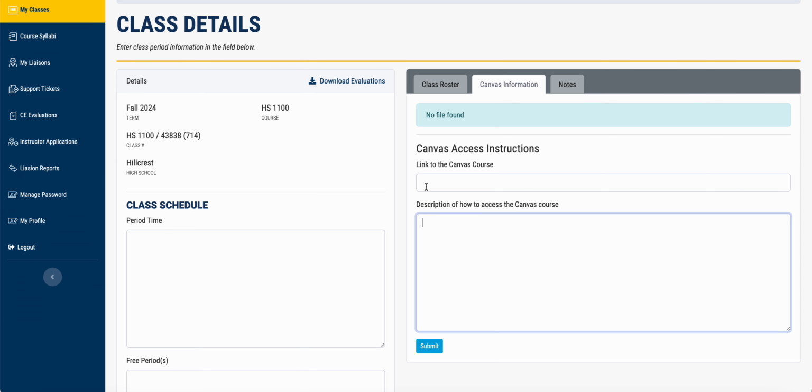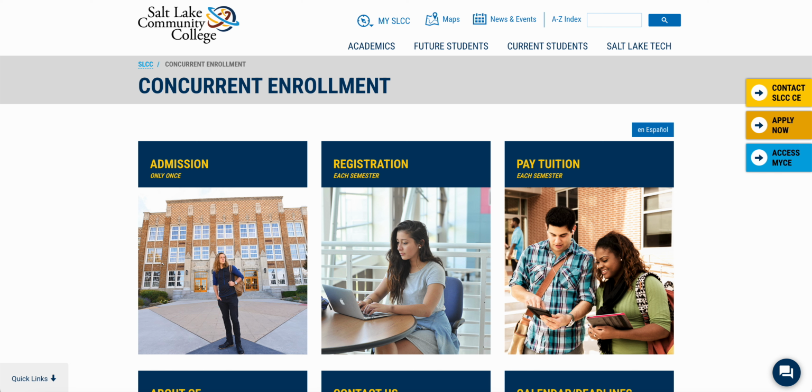Now, before you insert the link, it's very important that you've added your faculty liaison to your course. I'm going to show you where you can find instructions on how to do that, both for adding them to your Slick Canvas if you are using Slick Canvas, and if you're using the high school Canvas, how you go about doing that. So you'll go over to the Salt Lake Community College Concurrent Enrollment website,